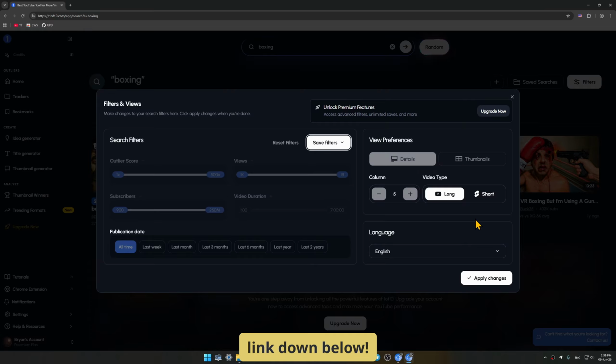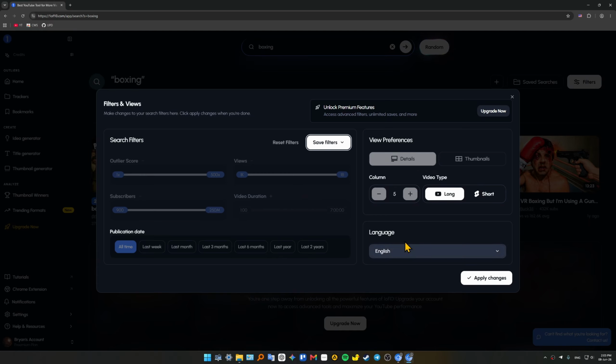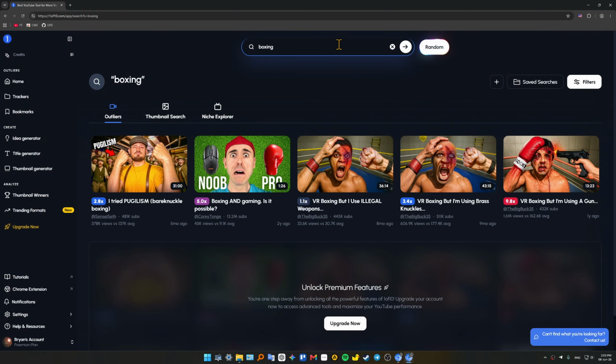So set your subscriber limit to a maximum ceiling of 50,000 subscribers. Right here, just drag this to 50. Then change your outlier factor slider to a minimum of 10x. This one, just slide it to the right. And finally constrain the upload date to the last 90 days or a month right here. Then when you apply your filters, just apply changes, and then you can go ahead and click on search once again, maybe change your query.